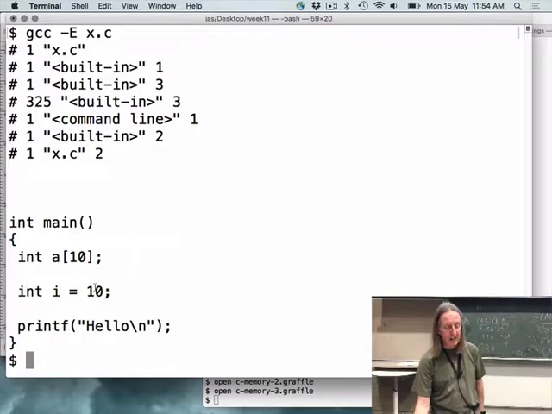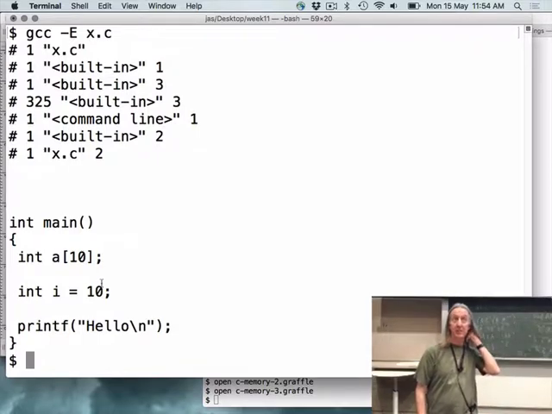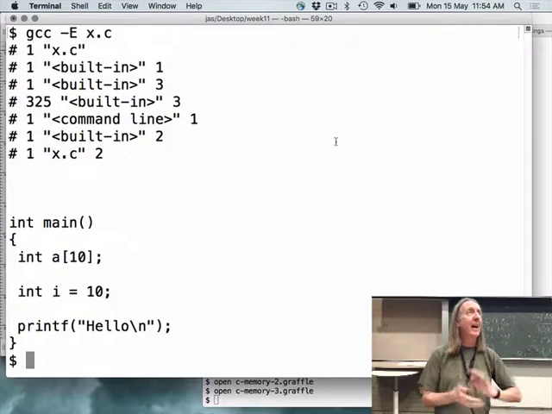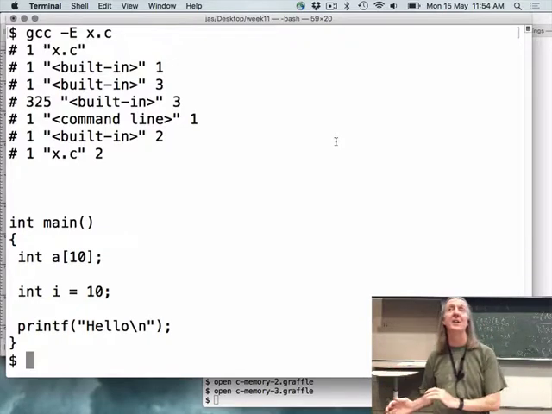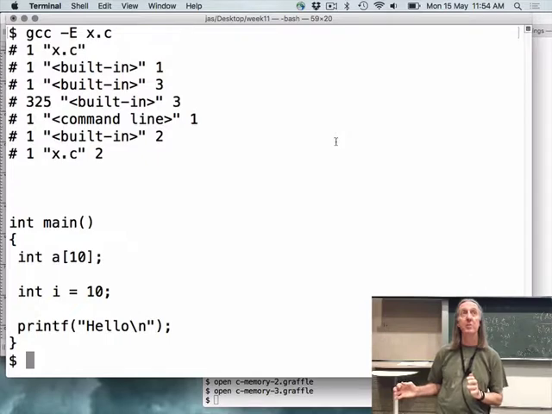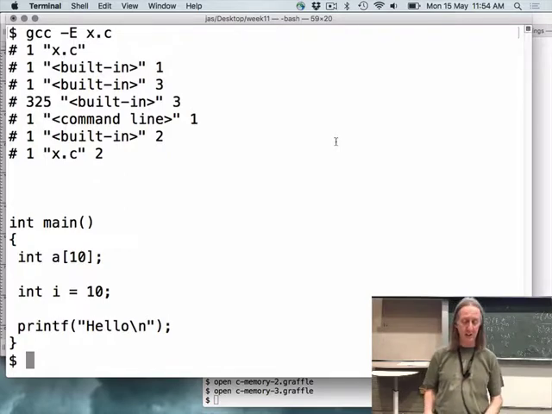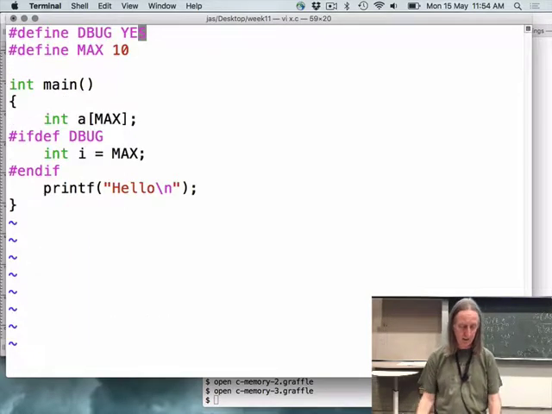Okay, so now we get int I equals 10 comes back. All right, so that's kind of useful for having code that you sometimes want to appear in the program and sometimes you don't, especially if you've got a whole lot of debugging code that you've put through your program and you eventually want to compile a program without any of that debugging code. If you wrap the debugging code in things like that, then it's really easy to get rid of it.